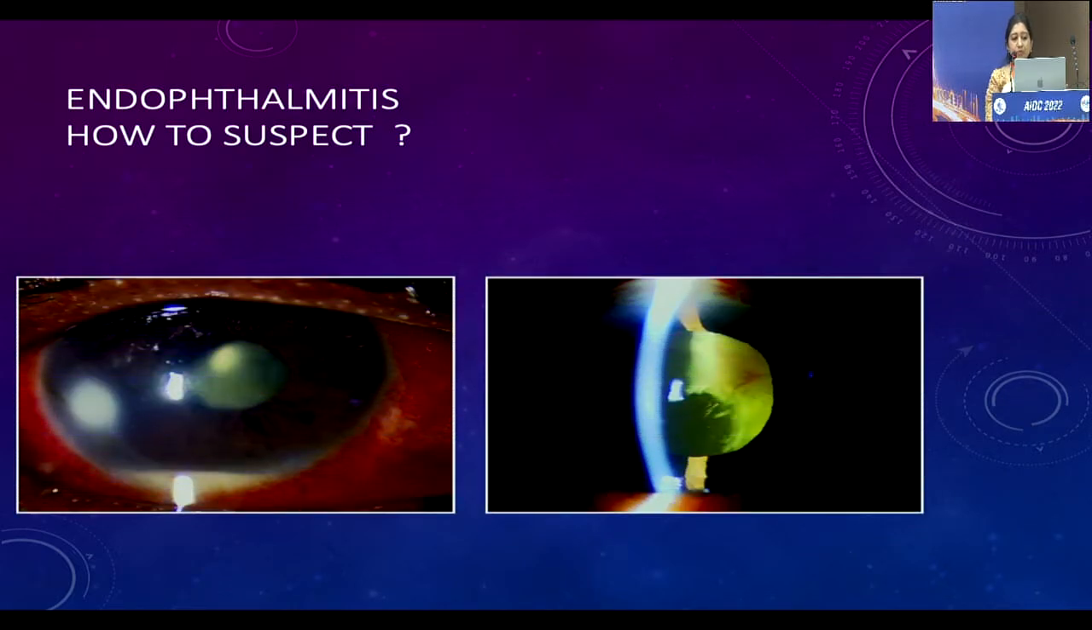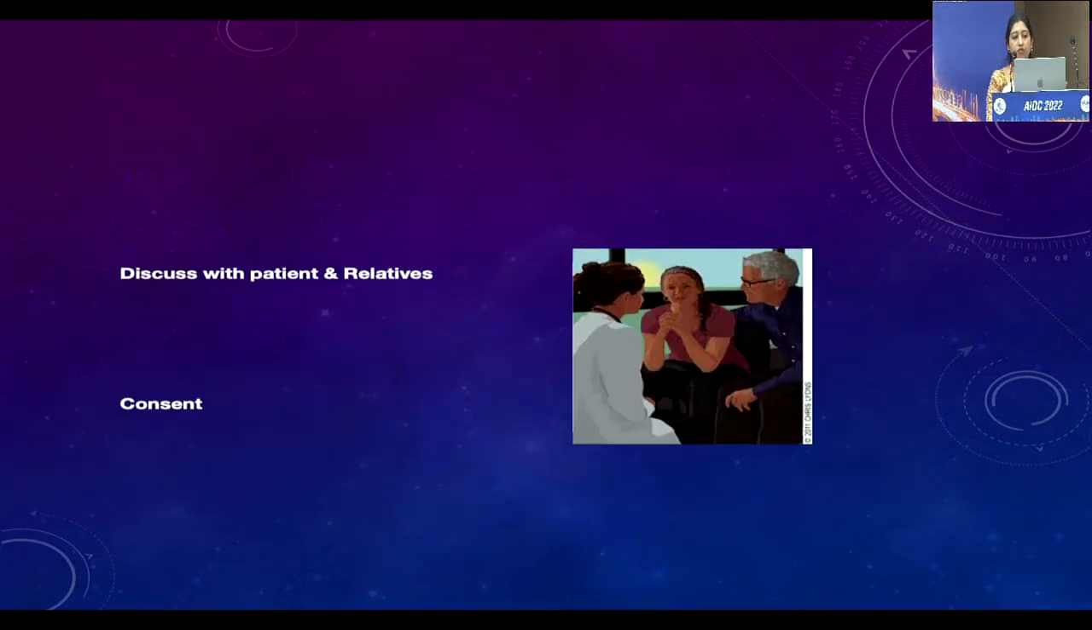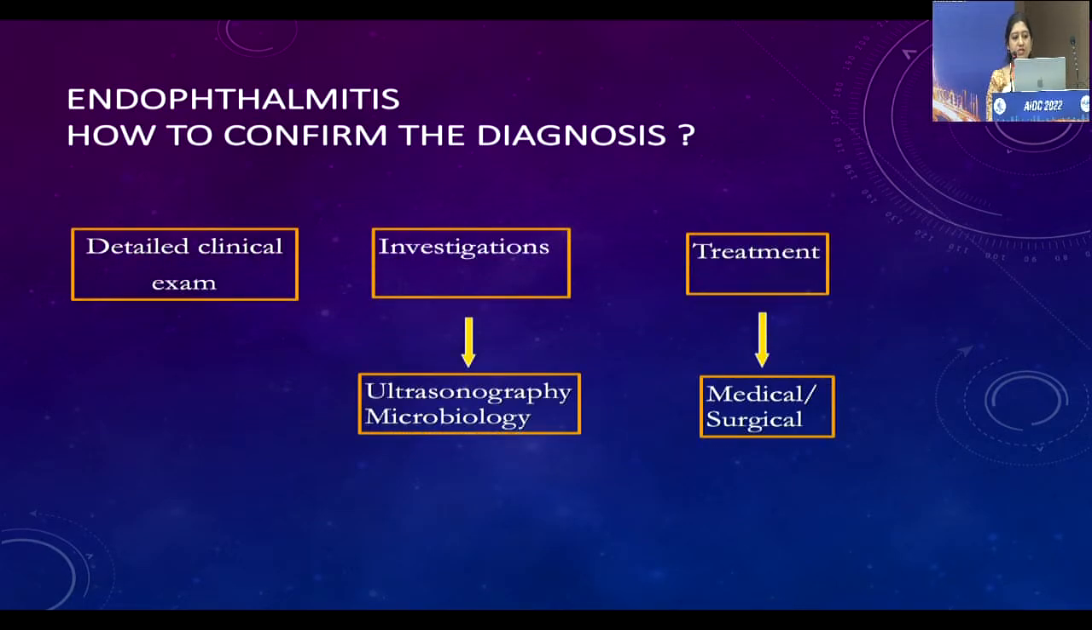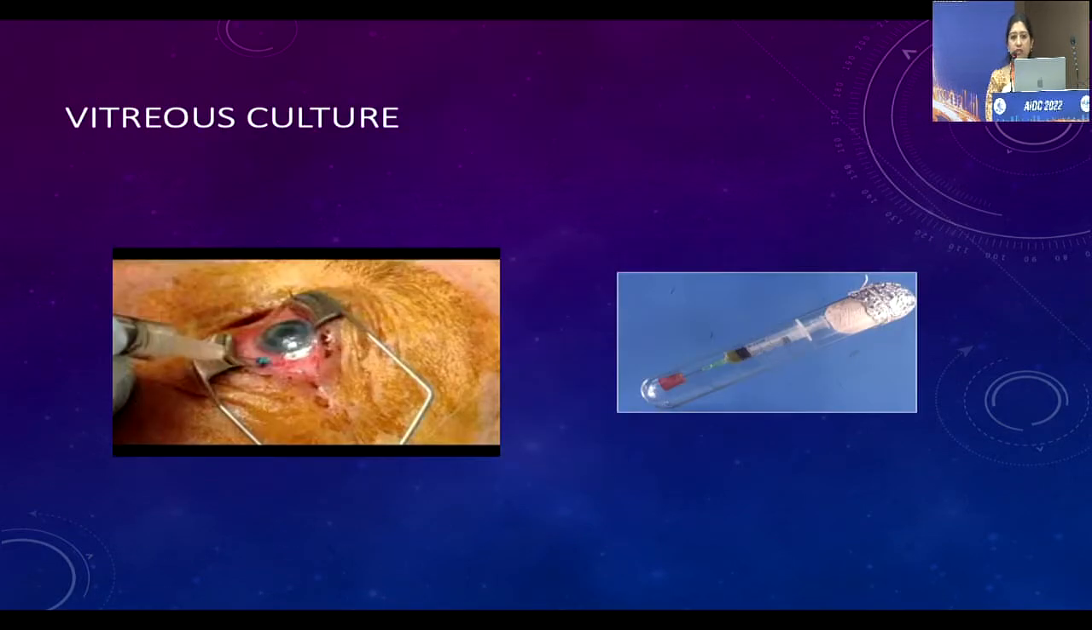Thus, any post-operative patient presenting with hypopyon along with vitreous exudation should increase suspicion of endophthalmitis. Always take patients into confidence and discuss with the relatives, especially in private practice. Use of words is very, very important. Don't call these patients along with other patients. Give them separate time, call them early. You have to be empathetic with these patients. Thus, detailed clinical examination along with investigations such as ultrasound and microbiology like AC tapping or vitreous culture will confirm